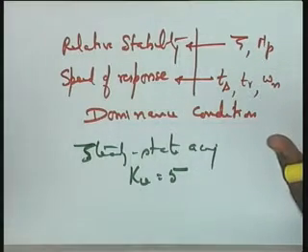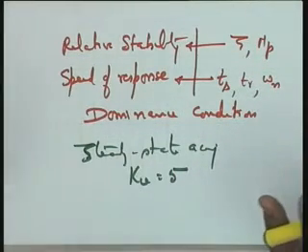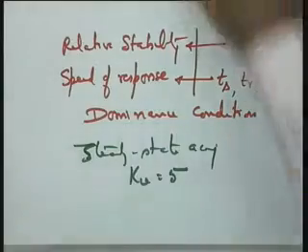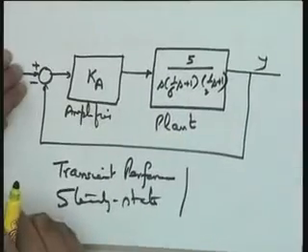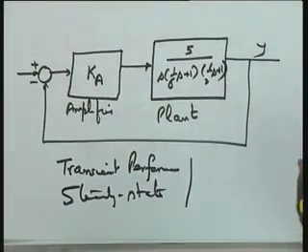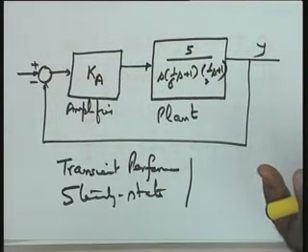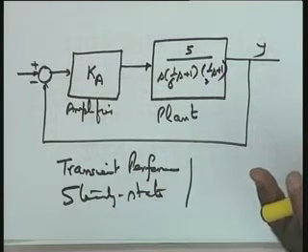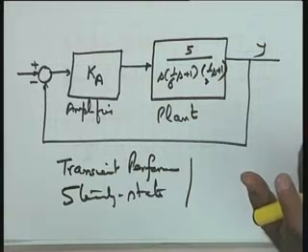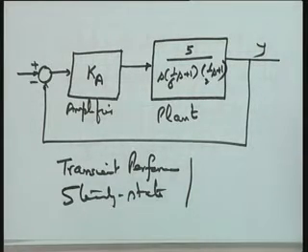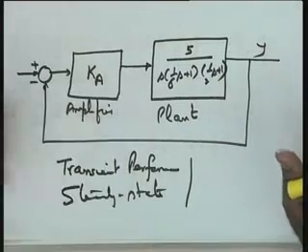Let us say that the prime requirement of design is the steady state accuracy. You please see that the system under consideration is a type 1 system. And a type 1 system will perform with 0 steady state error for a step input. So, there is no point in specifying the steady state accuracy to step inputs, that is Kp in this particular case will definitely be infinity. Therefore, the steady state error to step input will be 0.